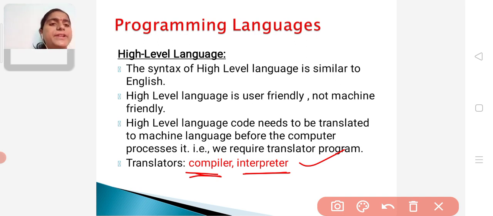But the main difference is this compiler checks the errors as a whole at one time and it will tell the errors. But this interpreter executes the program line by line. This compiler executes the program at one time. So this is the main difference between the compiler and interpreter.